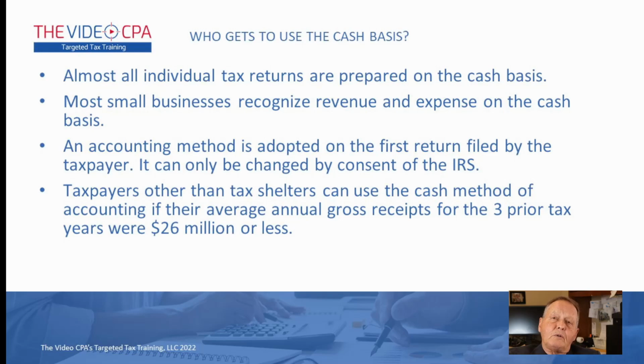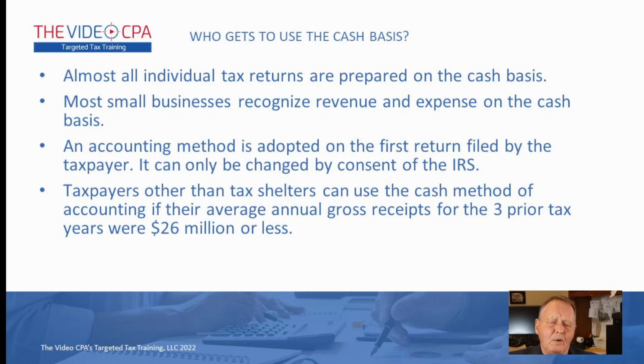Usually required to use the accrual method. But if they fit under this 26 million or less category, they can use the cash method. S corporations can use the cash method. Okay, and